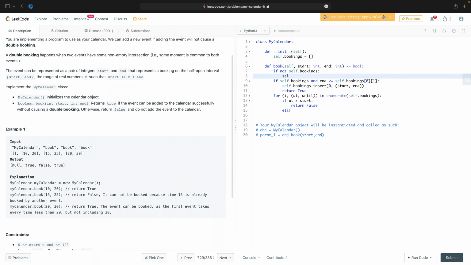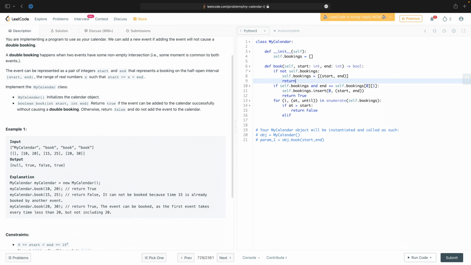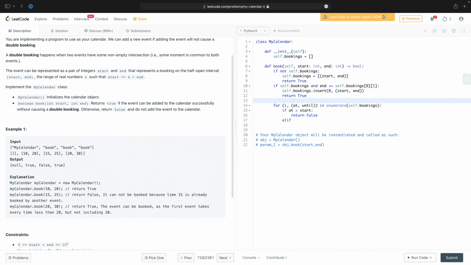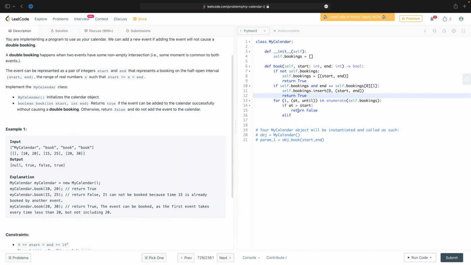So that's kind of the case of, here's another one here. We have no bookings, except the one booking we've got. If this thing ends before our first booking, insert at the beginning. Otherwise, what we want to do is start working our way through. So for each value at until, if at is greater than start, if we've made it this far, and at is greater than start,